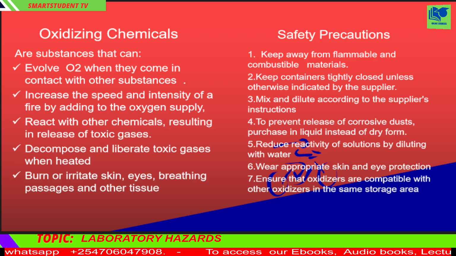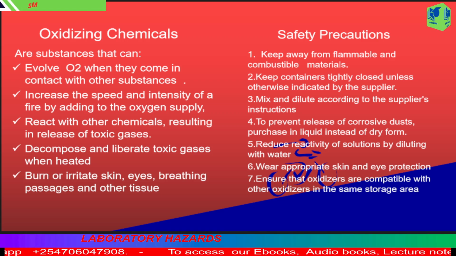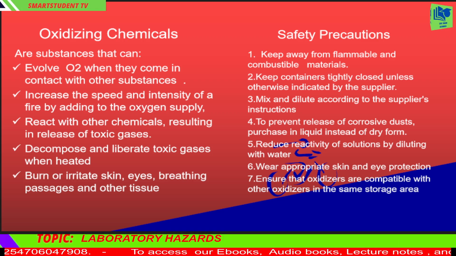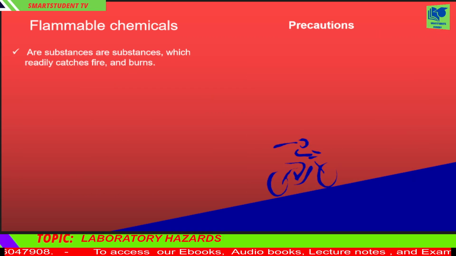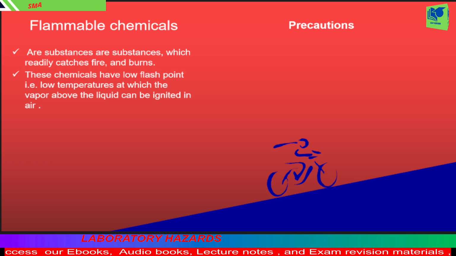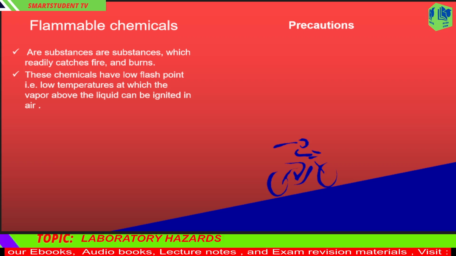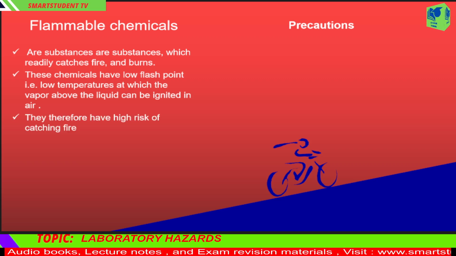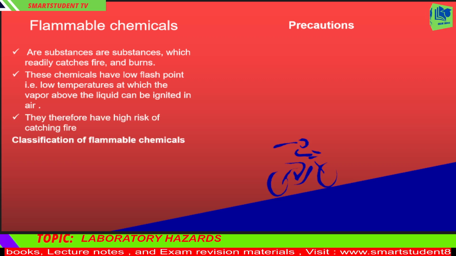C. Flammable and combustible chemicals. Flammable and combustible substances are substances which readily catch fire and burn. These chemicals have low flash point, i.e. low temperatures at which the vapor above the liquid can be ignited in air. They therefore have high risk of catching fire. Flammable chemicals can be classified as: